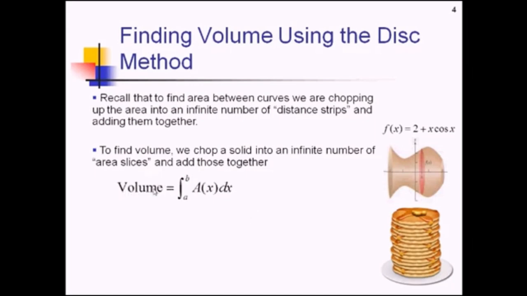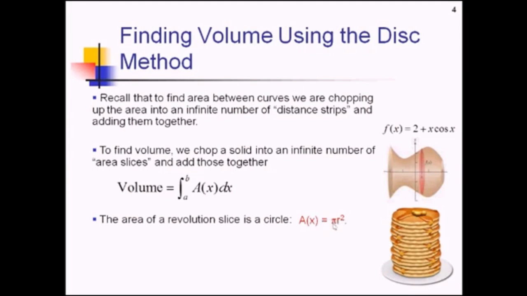So in general, we can say volume then, since we're adding a bunch of things together, is going to be an integral along some interval of whatever your area is. Now, taking a look at our pancakes and our cross-section here, the area of a solid revolution appears to be a circle at this point. So we can use pi r squared and add all those pi r squareds together. The catch, though, and you'll see that I wrote A of x equals pi r squared, the catch is that